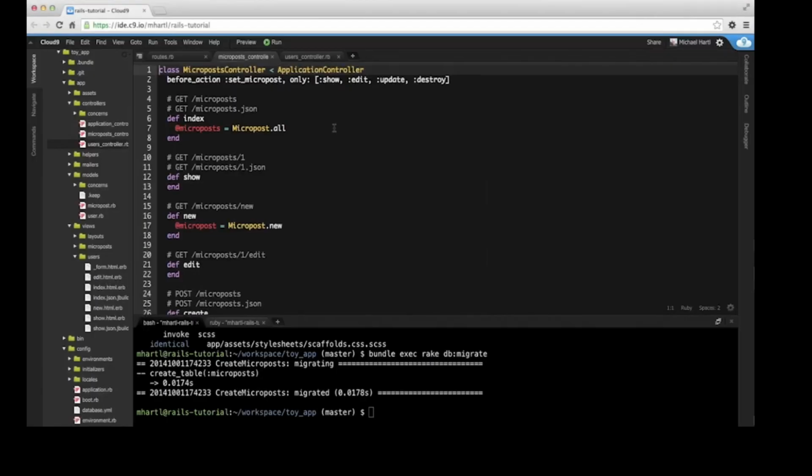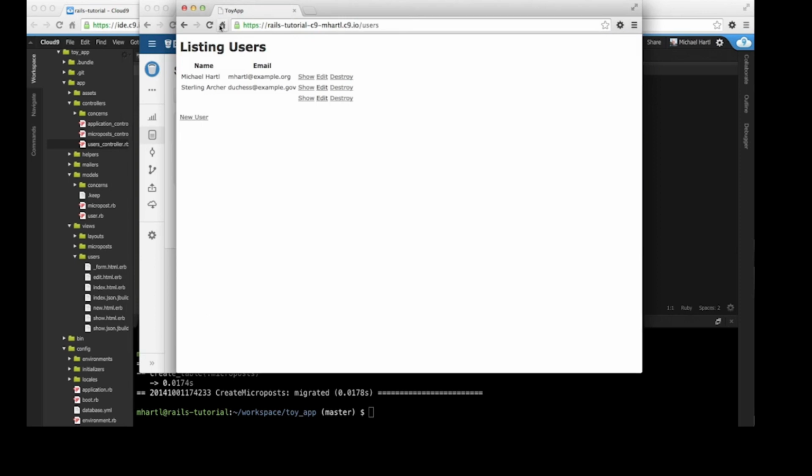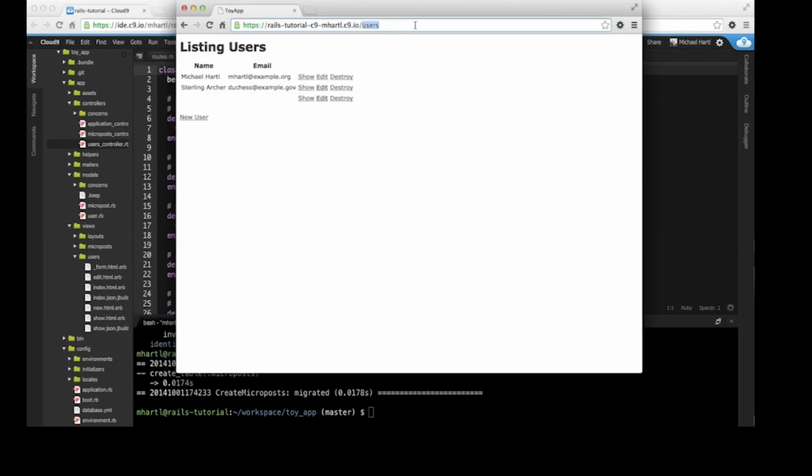So in analogy with this idea of /users going to index, let's take a look at our application. Actually, let's close this down and go to /microposts. And here's the micropost model, or the URL we're interacting with. You can look at the URLs: /microposts, and new micropost is /microposts/new. Make first micropost, and we can put in a user and say that's user 1, create the micropost,